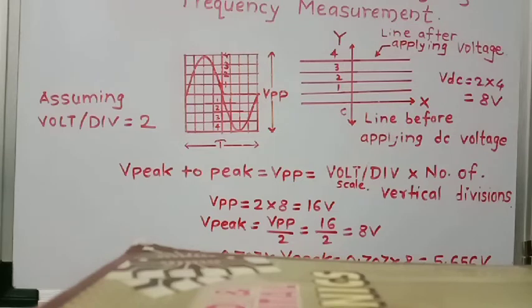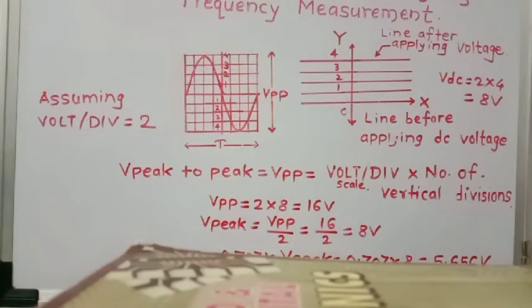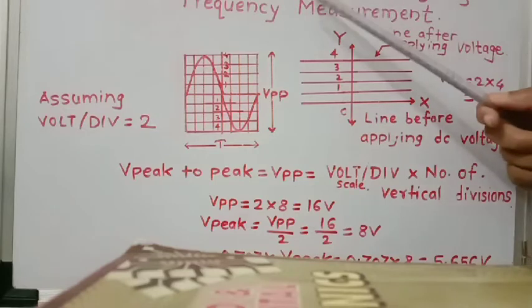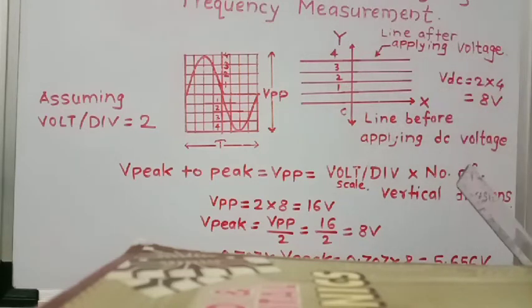Hello students, today we will learn some applications of the cathode ray oscilloscope, that is, the use of CRO for voltage and frequency measurement. So how to measure AC or DC voltage by using CRO, and how to measure the frequency of an electrical signal applied to the CRO. So first we will study how to measure